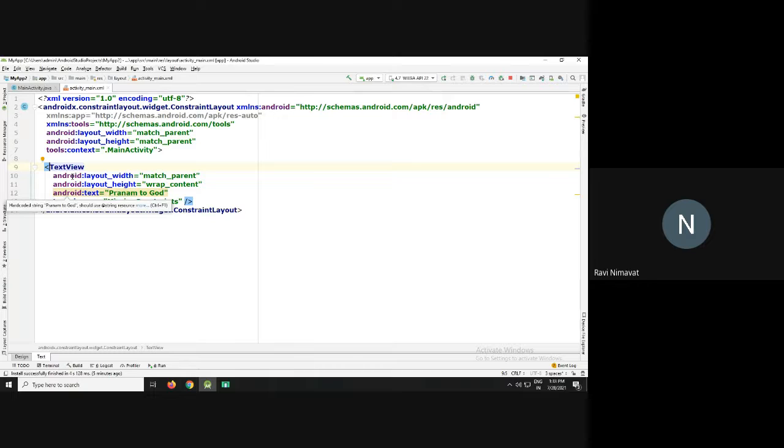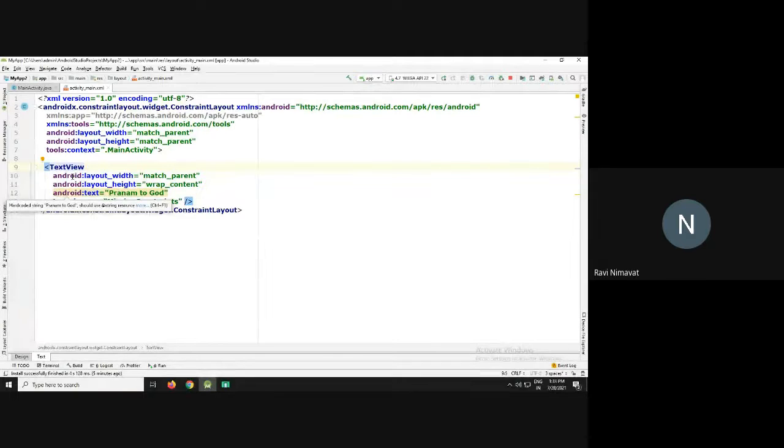And what is the height of that text view? The height is wrap_content, meaning the height fits our text. Wrap content means it fits our text, and match parent means it fits our device. So match parent and fill parent are both the same.